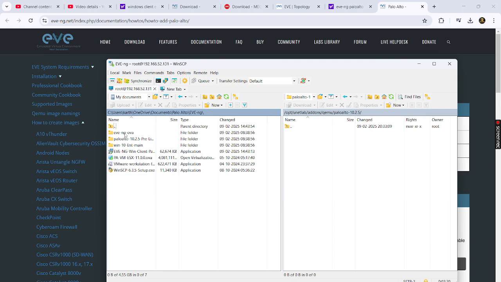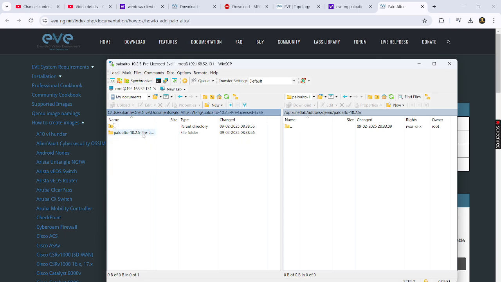This is the actual path where I have downloaded in my local machine. Mostly it will be in the downloads, if you have downloaded directly from the browser. But I have moved from downloads to some other path to keep track of all the EVE-NG files. So here I have a Palo Alto 10.2.5, right?